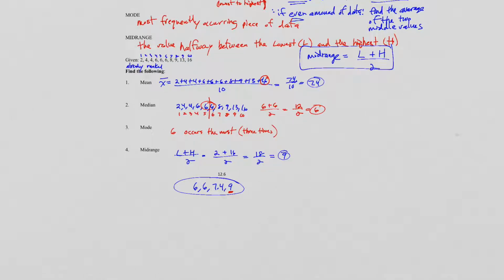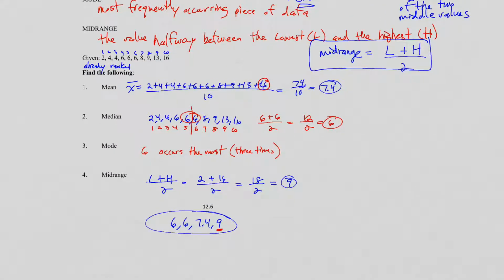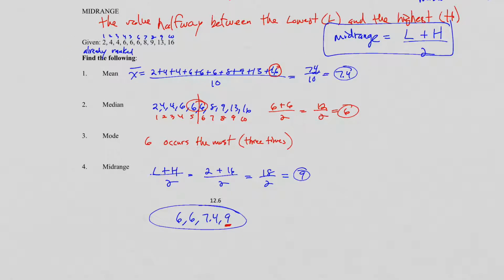Okay, so those are some examples of mean, median, mode, and mid-range. All right, so we'll do some more examples of these 4 values towards the end, and we're going to go ahead and go to our discussion of quartiles,